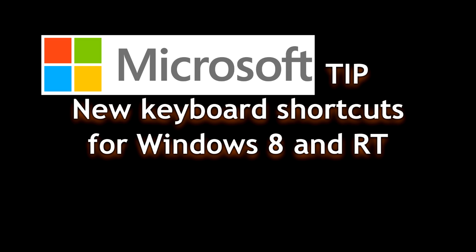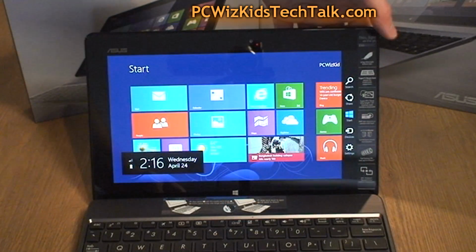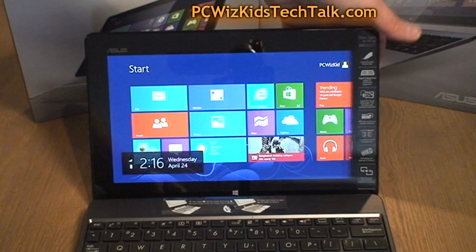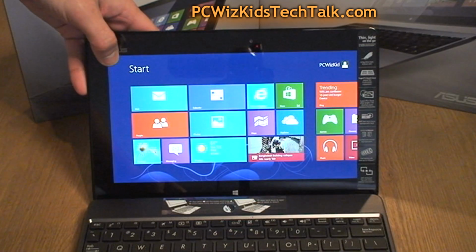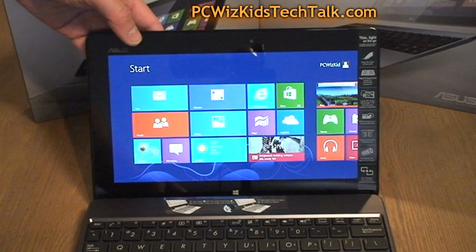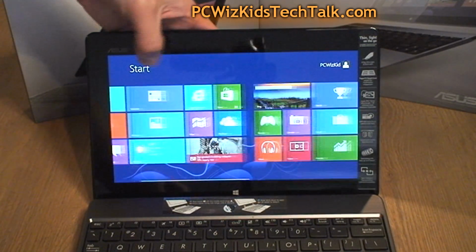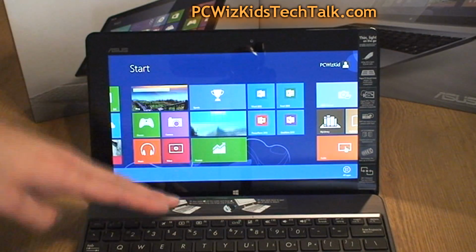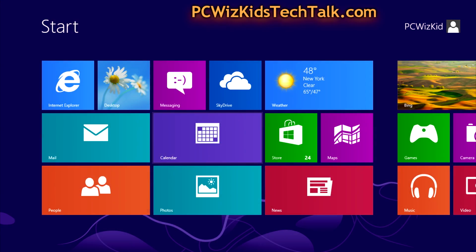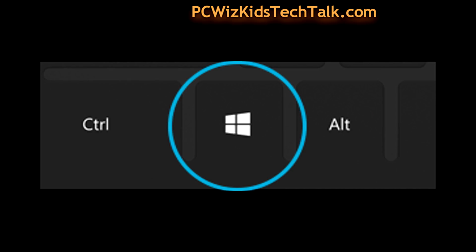Here's a Windows tip for those of you that are using Windows 8 or Windows RT on a laptop, for example, and you're having some difficulty getting used to the interface, the start screen, or accessing things. You want to get to things quickly. Well, if you're using Windows 8 and RT, here are some key combinations that will allow you to get to